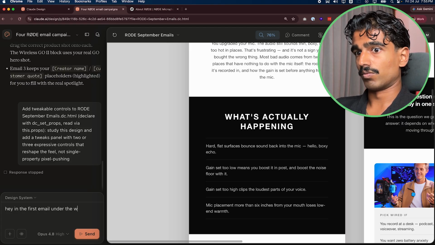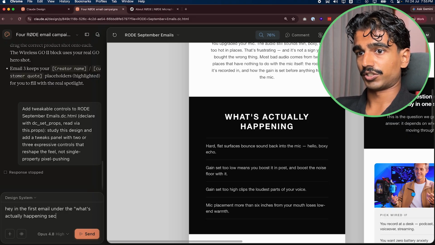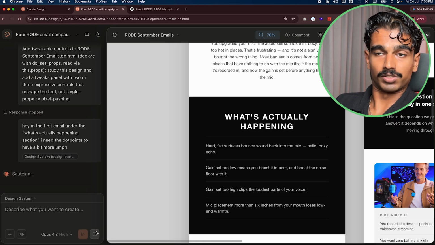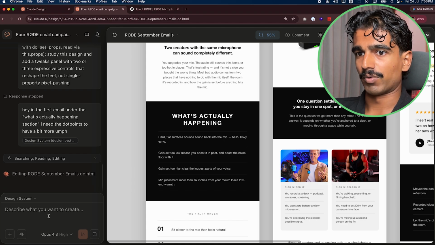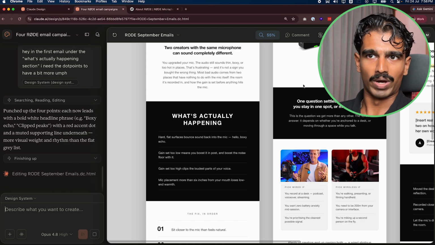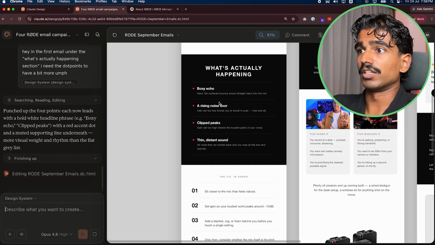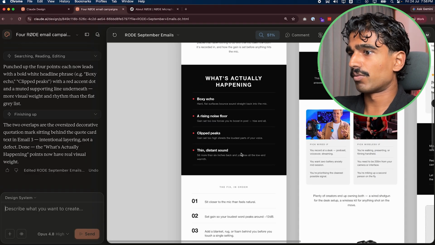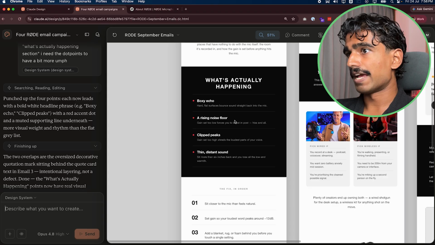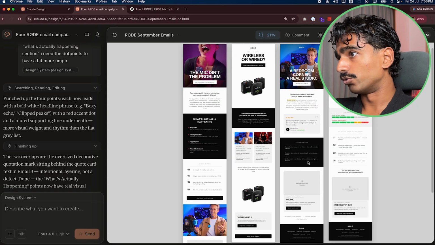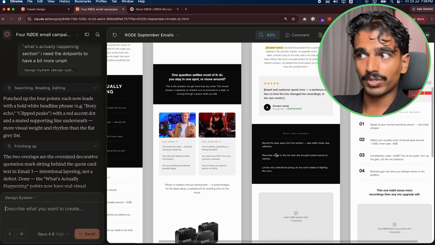under the what's actually happening section, I need the dot points to have a bit more. And let's see what that does. The only issue with putting it in the chat rather than making the change yourself is that you do need to wait a bit, but it's fine. And bang, here's more oomph. This is exactly what I wanted. So now it's a bold headline and literally exactly what we wanted. So if I want to do this to this part as well, I can ask it to do that and